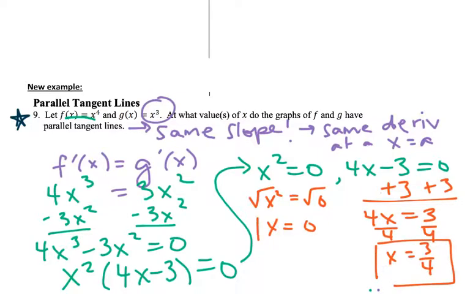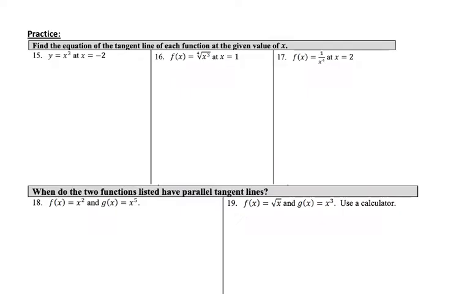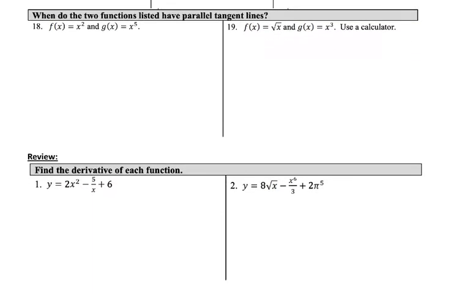So both of these are solutions to the problem. It says at what value of x do the graphs of f and g have parallel tangent lines? That means there are two places where the tangent lines are parallel, at x equals 0 and at x equals 3 over 4, because the derivatives are the same at those points for both f and g. So the slope of the tangents is the same, making the tangents parallel. All right. There are practice problems in the packet now. And then our next type of problem